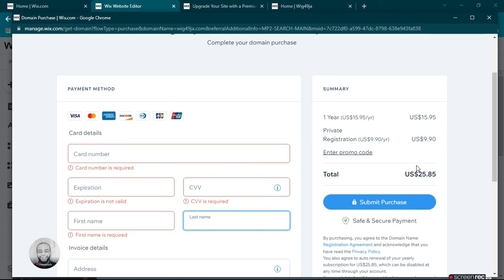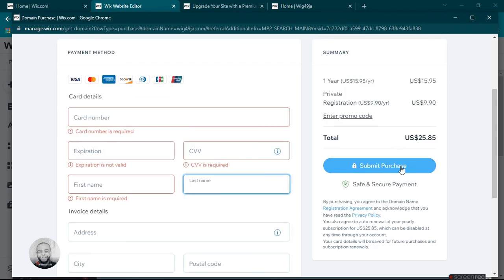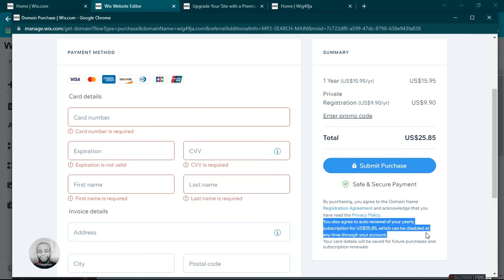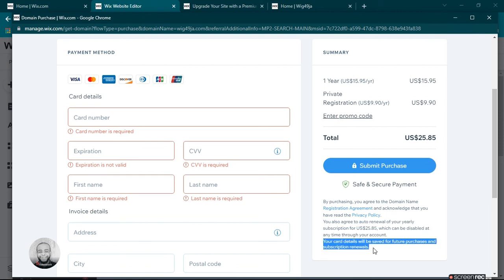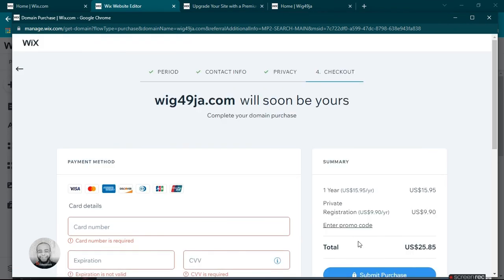Confirm the price of $25.85, then click on the submit purchase button. Your payment is secured, so you don't have to worry. Read through all the necessary information underneath the button to make sure you're clear on what this is about. Once you're okay with everything and you understand the information and the process, you click on the submit purchase button.